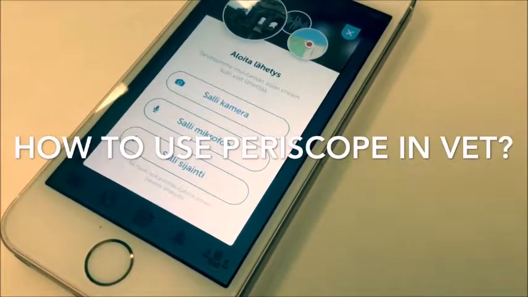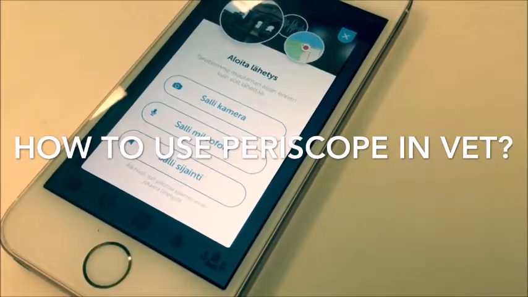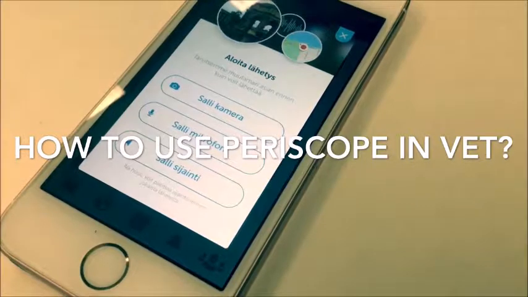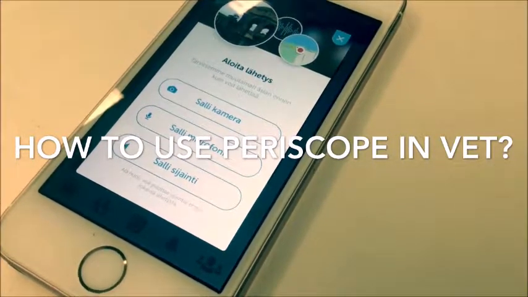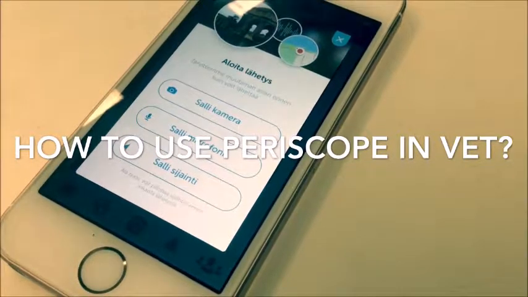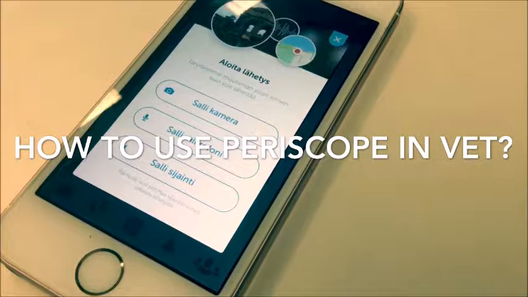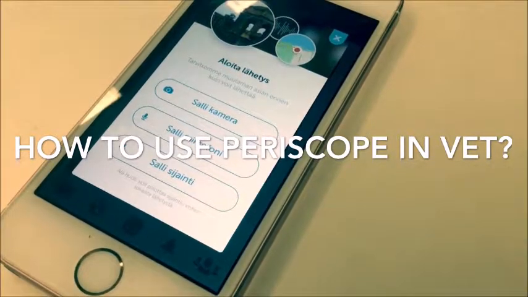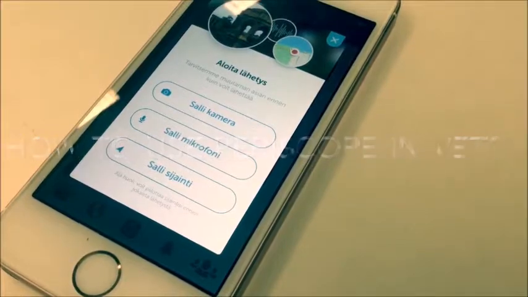Periscope can be used in the same way as Snapchat. Vocational learners can send a live stream, for example, from an on-the-job learning period, and the vocational teacher can follow how well the vocational student is doing the work process and give feedback by live streaming on Periscope. Often GoPro cameras are used in order to get the work process properly on video.